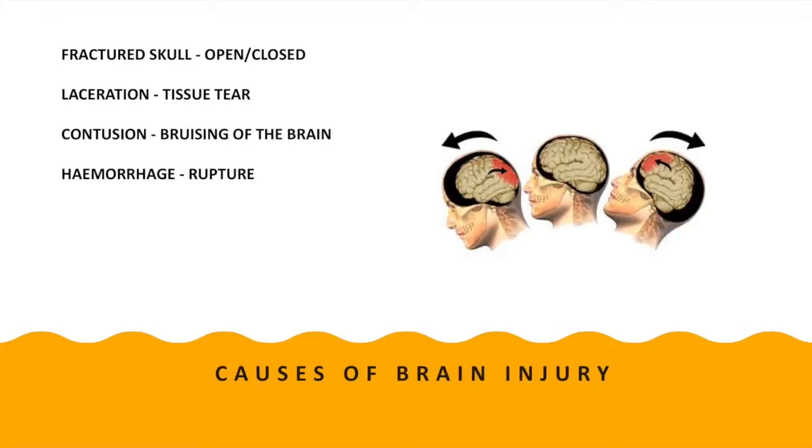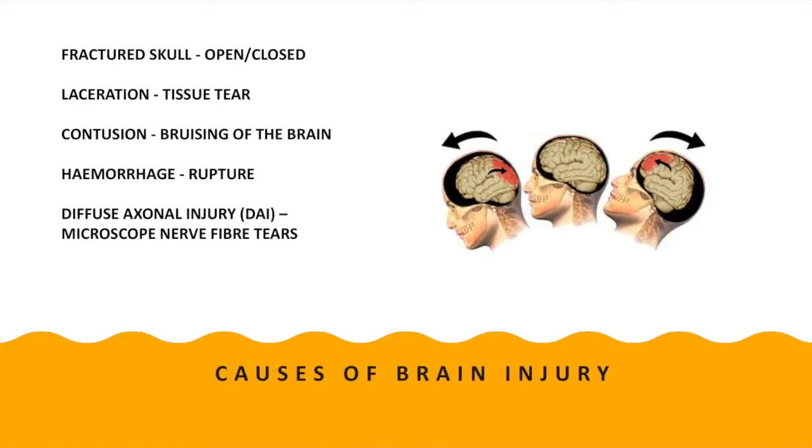example of that. And then we have hemorrhage, and hemorrhage is a rupture of the blood vessels in the brain, or the blood vessels that supply the brain. And so a hemorrhagic stroke occurs when the blood vessels rupture and oxygen is not supplied to the brain in